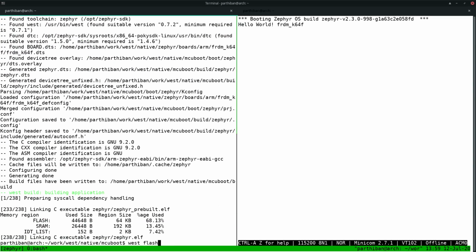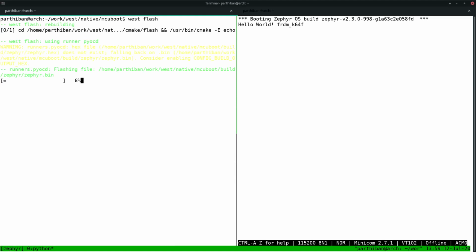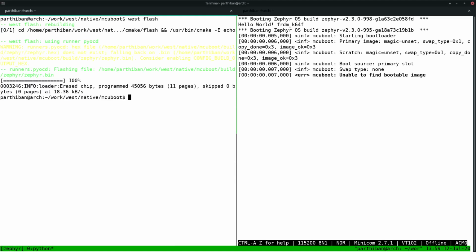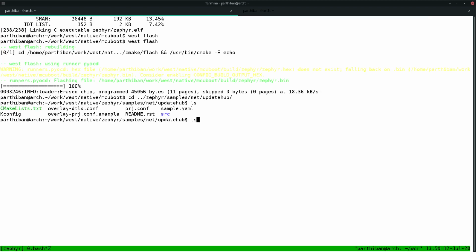And I'm flashing the MCU boot first. And now you can see, as before, the MCU boot is booted, but there is no valid image in the primary slot. Now this time I'm gonna jump into the UpdateHub sample,